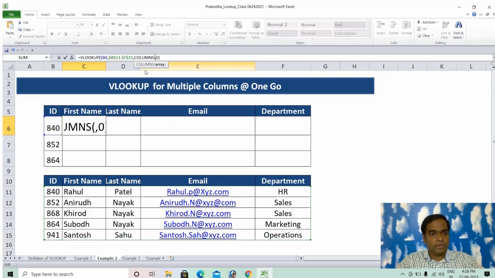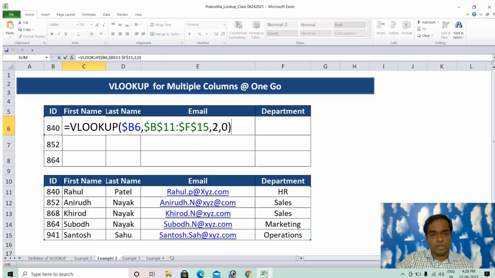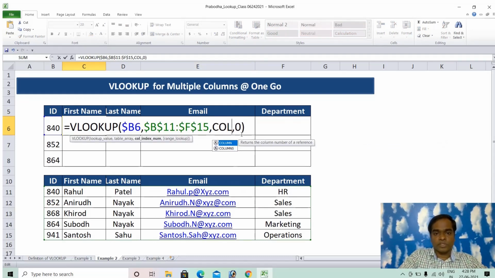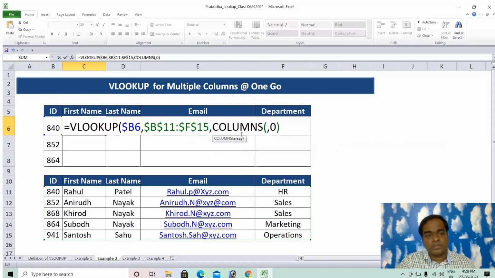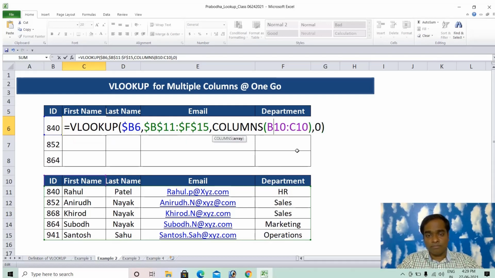I have to use the COLUMNS function here. So I have to select this to this. I'm closing the bracket. I have to fix column B here.